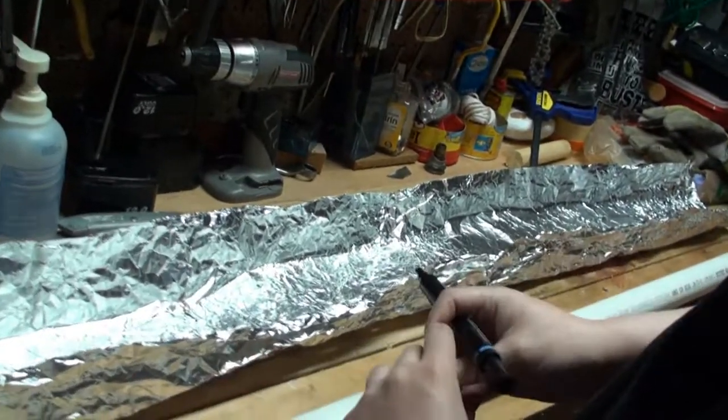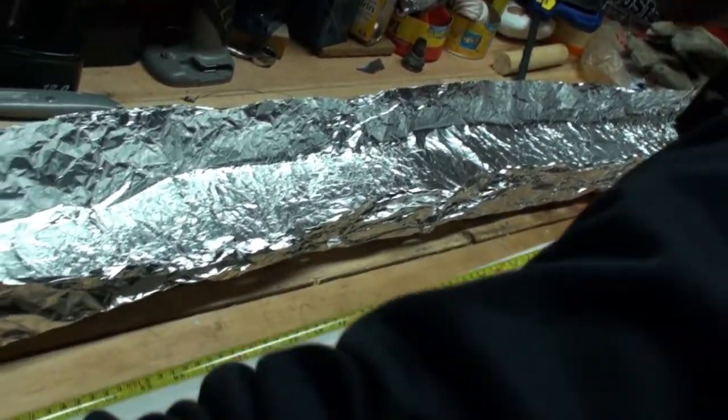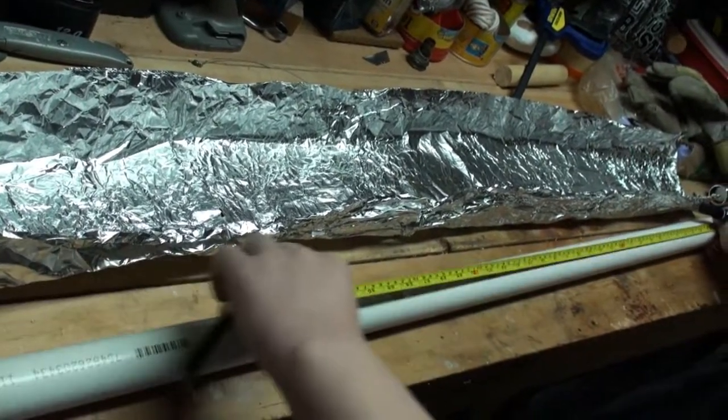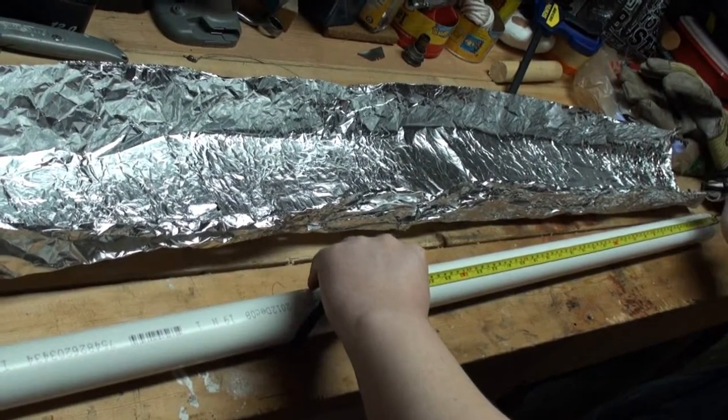Make sure your pipe is however long you want it to be. Mine is 54 inches. Half of that is